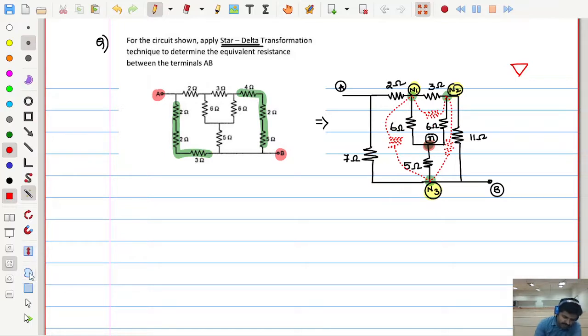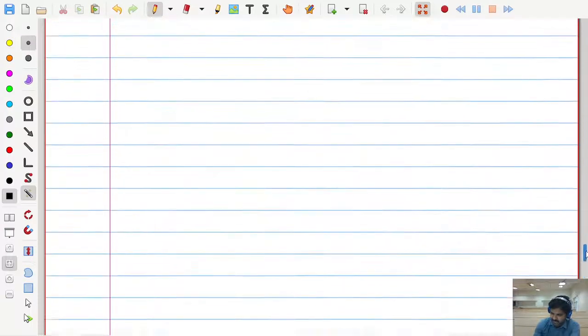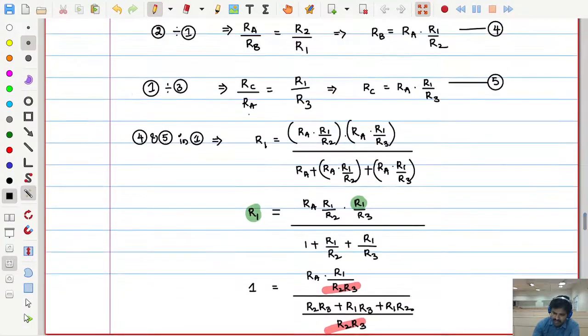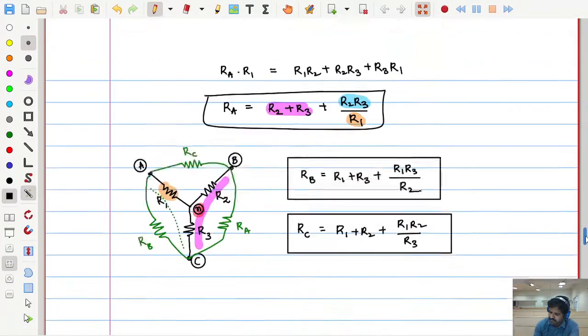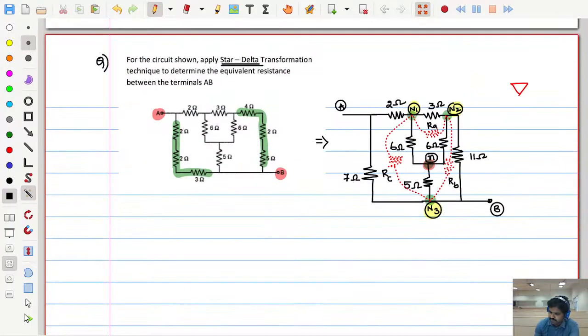Now what we do is try to give some names for these resistors. It's your wish which name you give: some RA, RB, RC. No matter what name you are giving. Don't compare this RA with the previous RA. Don't memorize the formula by heart and say that somewhere I might have written RA, RB, RC like this. Just use the logic for what these RA, RB, RC will be. Now can I say RA as like this.